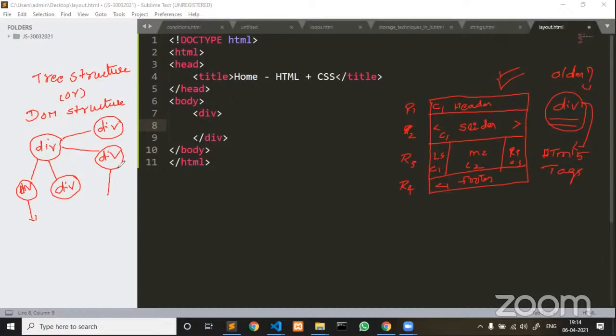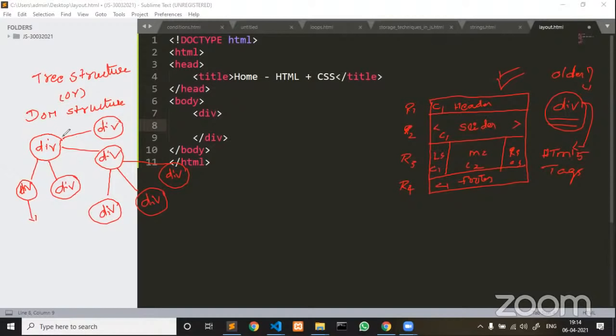Next, here in our example, the third division has 3 children. Even those children can also be created by using a div tag. This particular concept is called DOM structure. So if you see whatever the design that you are planning to achieve, first if you draw a DOM structure,